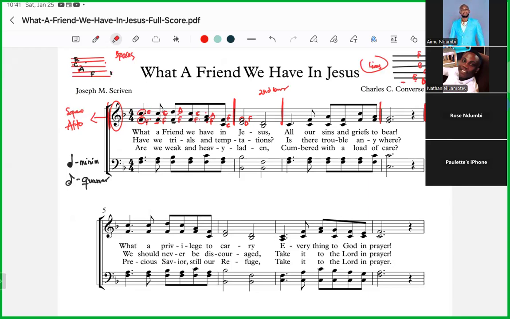Is there a way we can print off a blank music sheet and identify the notes on the notation sheets? Do you have something like that? So when you want to identify the notes, we